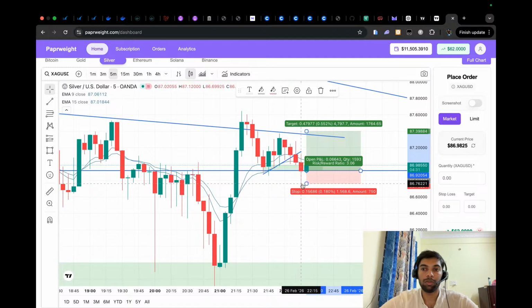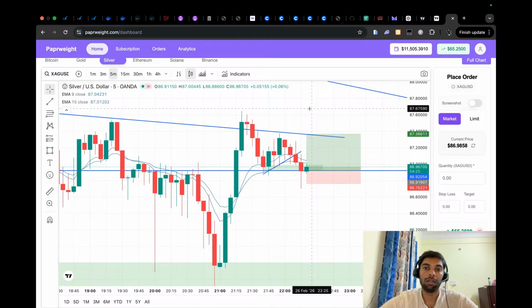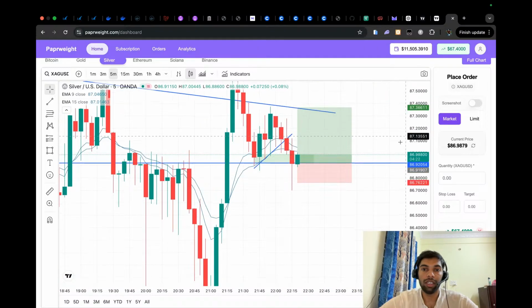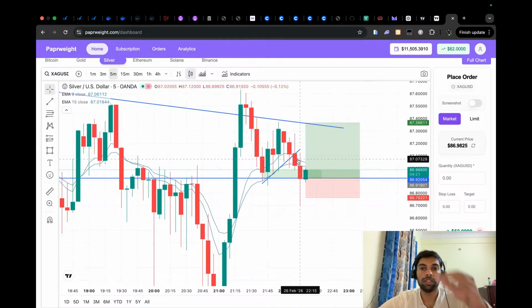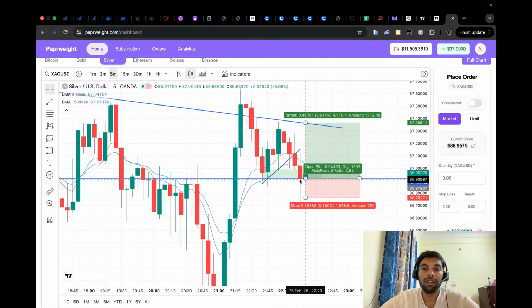We'll take a small stop loss. We'll target this area, because the reason I took this trade in the opposite, reverse direction is that it was high probability, since the market has momentum in the downward direction. That is fine, but this is exactly the point where the market has invited all the